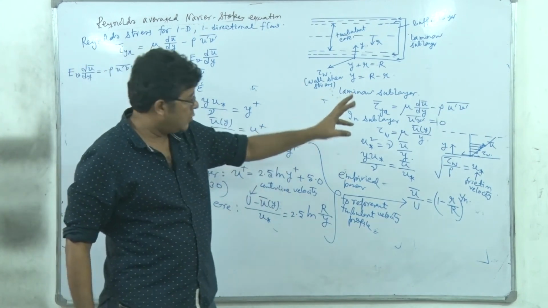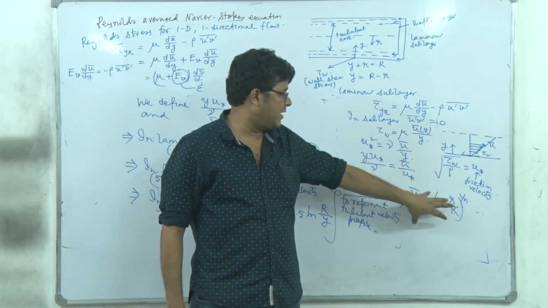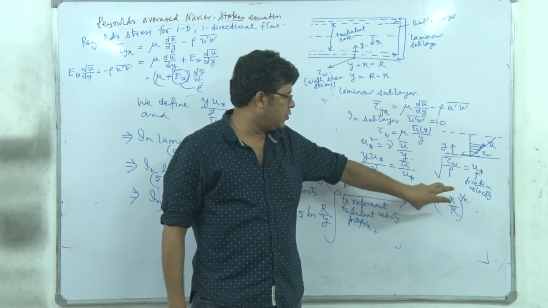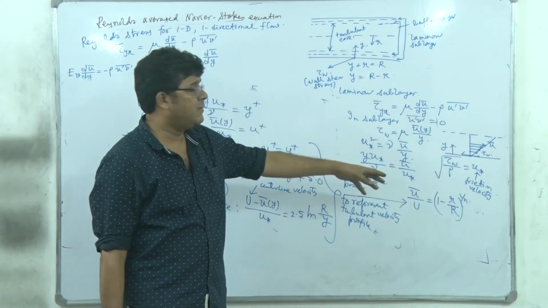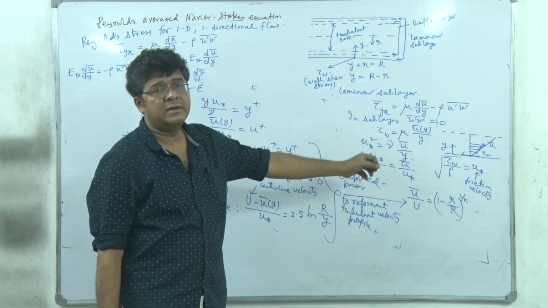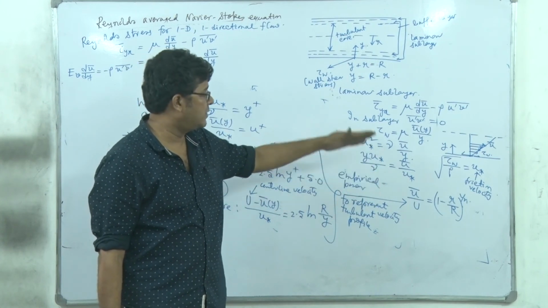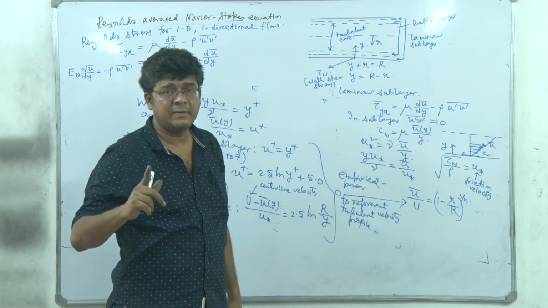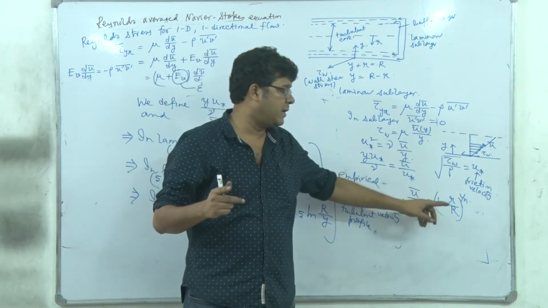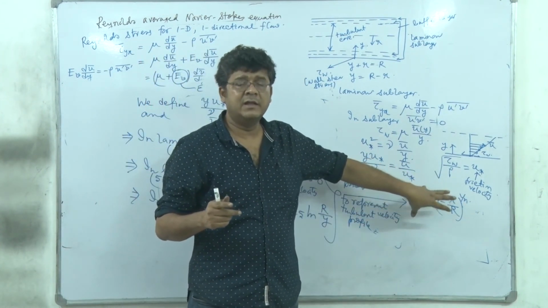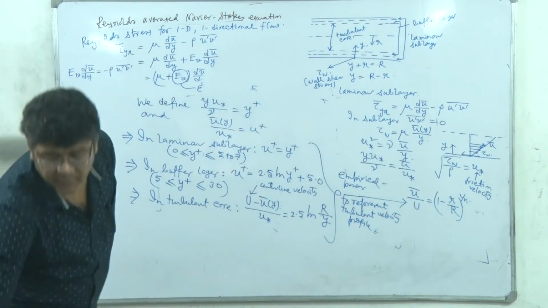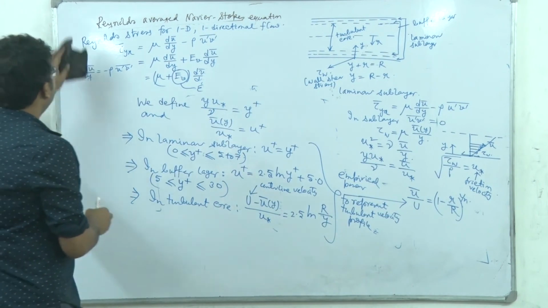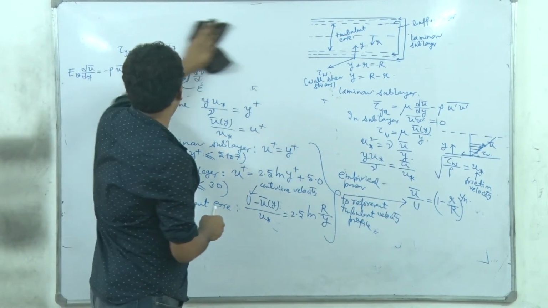But in order to derive some working relation, we are going to use this power law relation. But the power law, at the same time, will give you a singularity when you are solving for the shear stress at the pipe wall. Shear stress at the pipe wall cannot be solved using the power law. As it is empirical, it has its own restrictions. But we can solve many other important parameters using the power law.